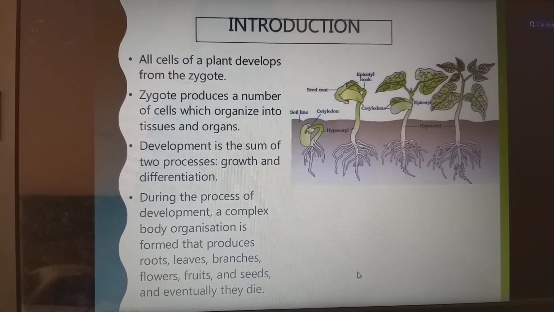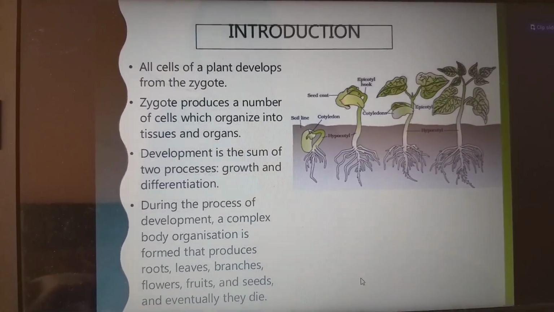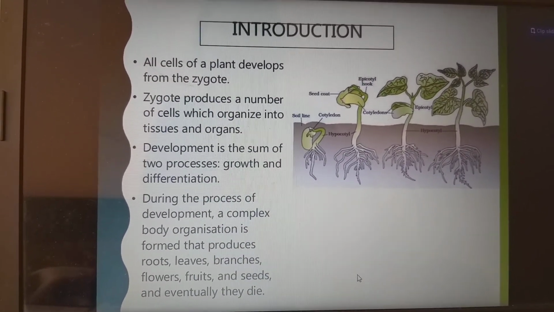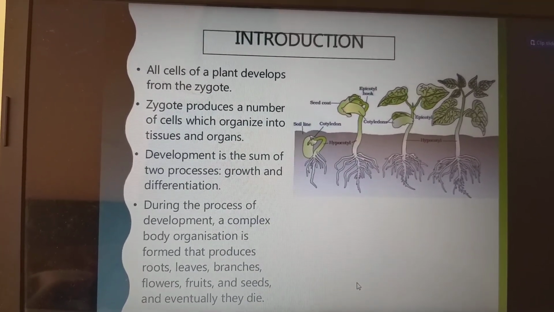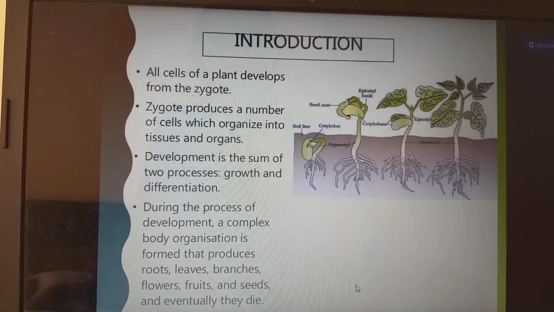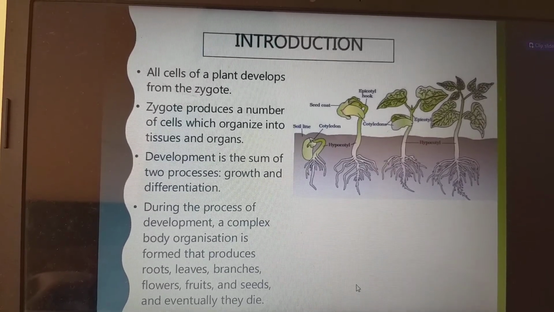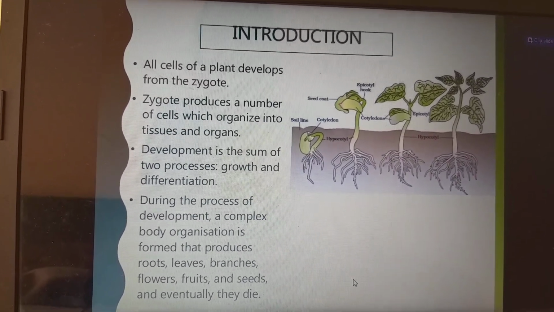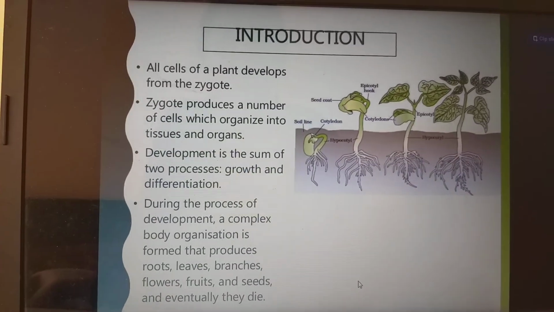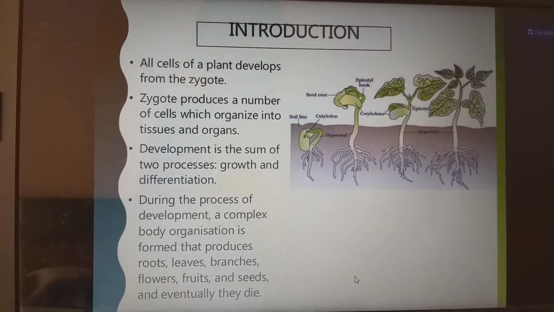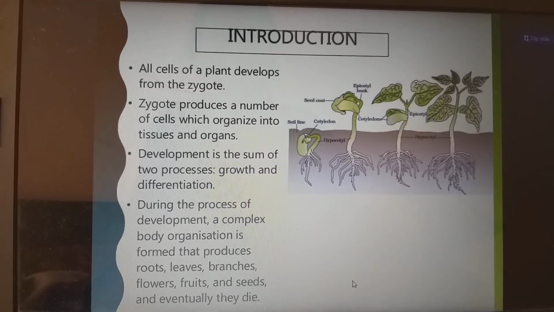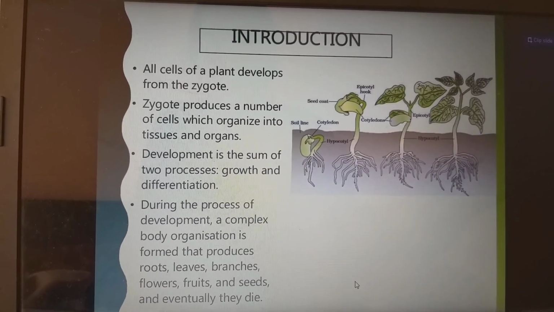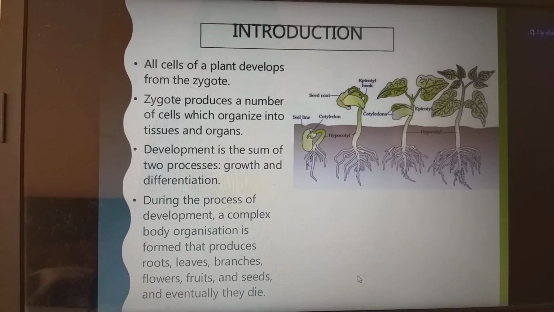Hello friends, now we are going to see about plant growth and development. Coming to the introduction, all cells of the plants develop from a zygote. So the zygote produces a number of cells which organize into tissues and organs. The development is the sum of two processes, growth and differentiation. During the process of development, a complex body organization is formed that produces root, leaves, branches, flower, fruits and seeds,